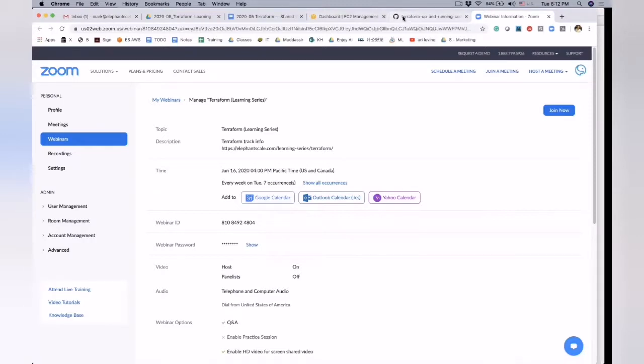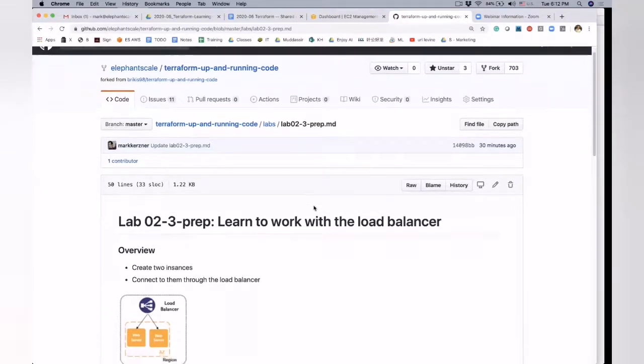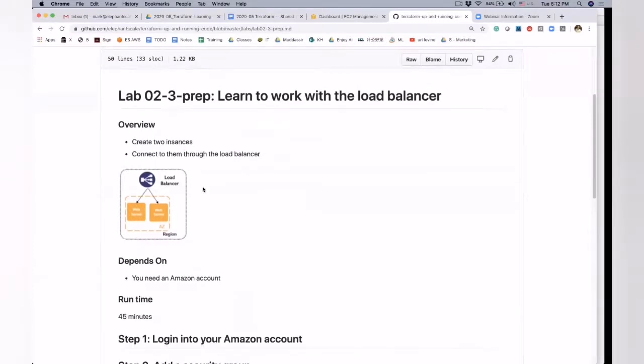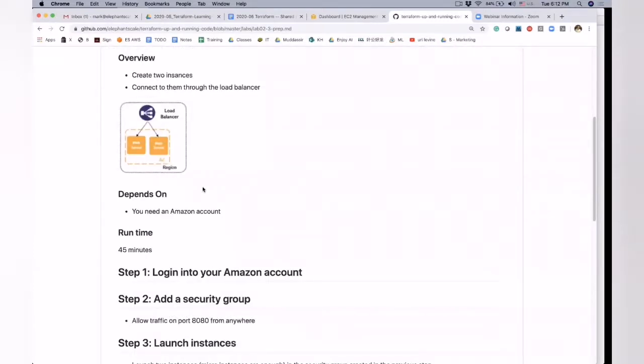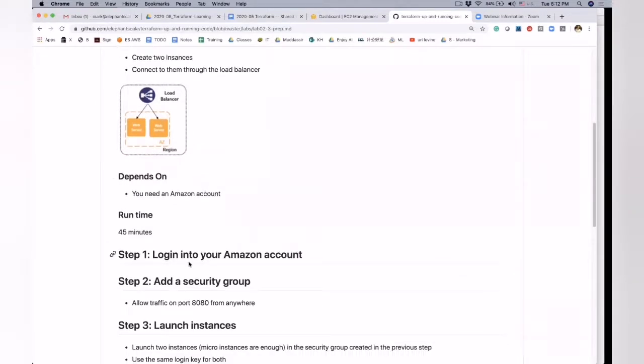Here is the lab that we're going to do. But I want to walk through that lab and I want to do it for you now. There you are. All right, so that is the picture that we're doing. We'll create a couple instances. We'll connect them through the load balancer. And we'll just verify that that all worked. So first of all, general steps. First of all, we will log in into an Amazon account.